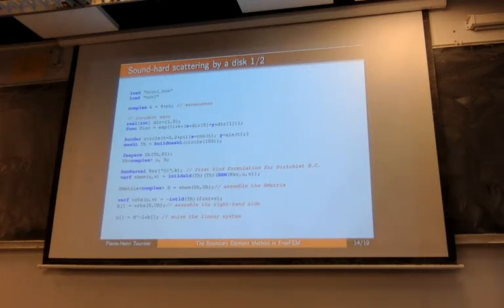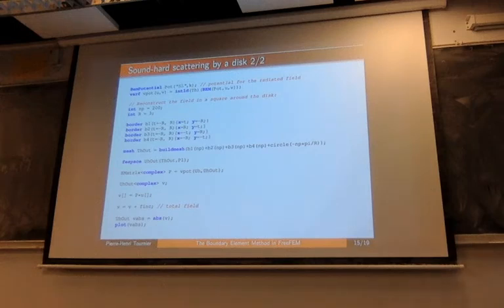We use a single layer potential. We define the variational BEM formulation. We construct the H matrix from this variational problem. So this assembles the circulation matrix H. We build the right hand side, so minus, depending on whether you do a scattered or total field formulation, but here we need the incident wave in the right hand side. Yes, the Dirichlet trace of the incident wave. And then you just solve your linear system. So you have your BEM solution defined on the circle U.